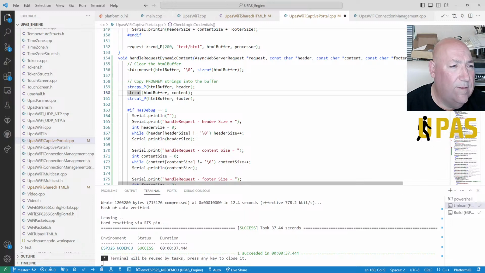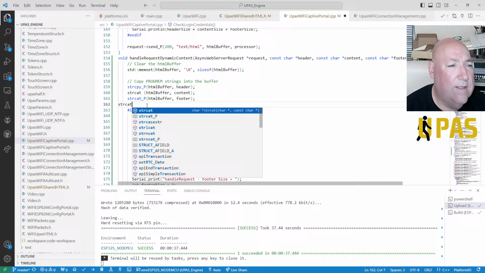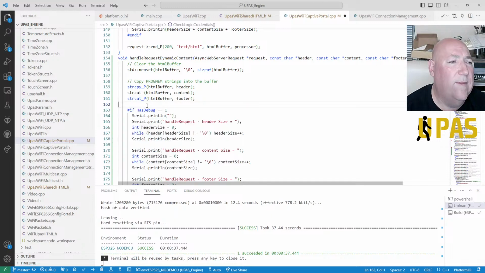So it's put a... hang on, why has it done that? I thought we had a str cat. Yeah, character and constant character. Okay. It's got to be a constant character, has it? I don't know. Okay, so let's try it.